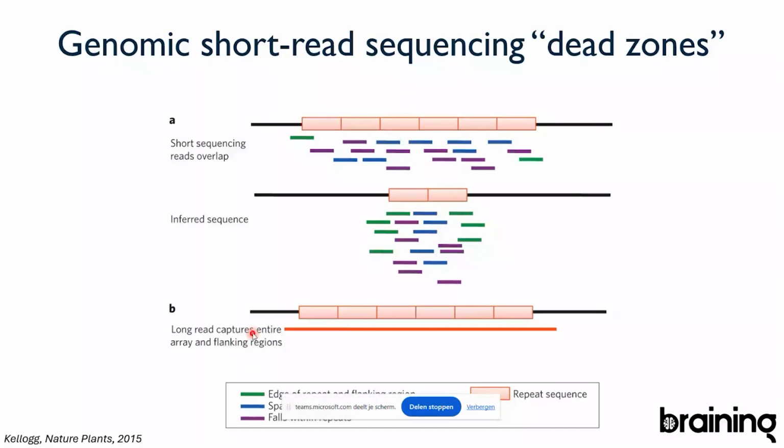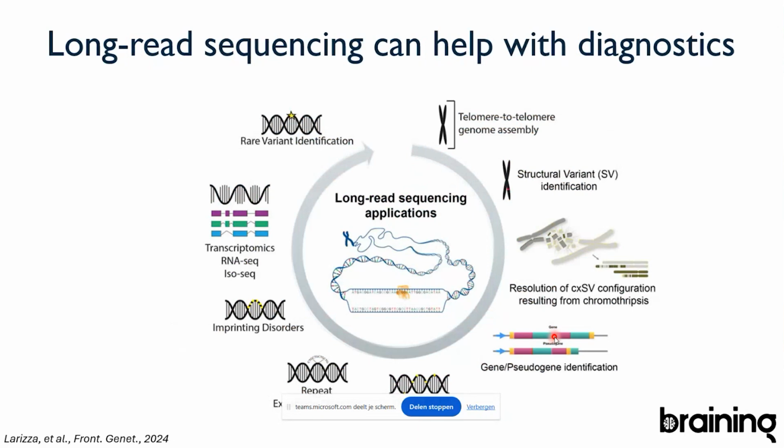Because we start here and we will read the molecule from beginning to end. And in that way, we know there are 6 repeat regions. So there are some disorders that are related to genomic repeats. Now there are relatively labor-intensive and cumbersome methods to know how many repeats a patient has, but with long-read sequencing, this would be much easier.